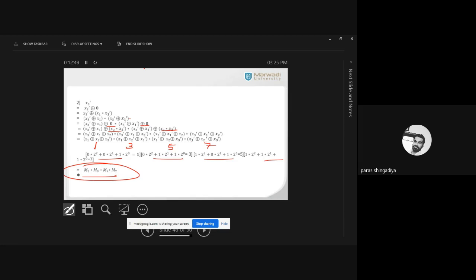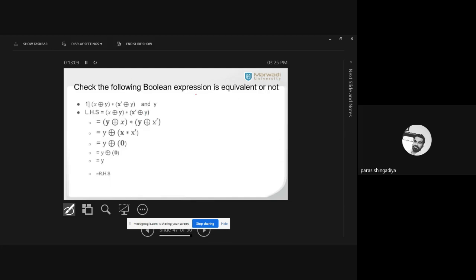Okay, so now the last topic is remaining, and here you can add some more examples. Many data you can consider as a variable. X1 you can take x2 dash, x3 dash, x dash, y dash, z dash. Okay, and you can get some pattern. Now last topic of this unit is equivalence of the Boolean expression. Okay, two Boolean expressions are given, and check whether they are same or not, means equal or not. So how we can check they are equal or not? So we'll apply some rules in one of the expressions, and by using this procedure, if we derive the second expression, then we can say they are equivalent.